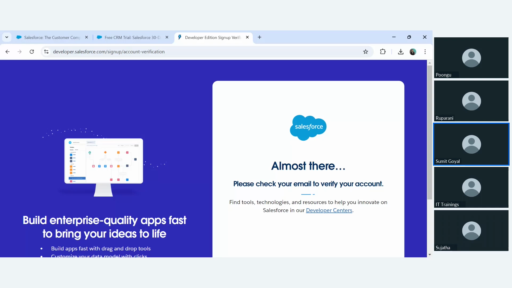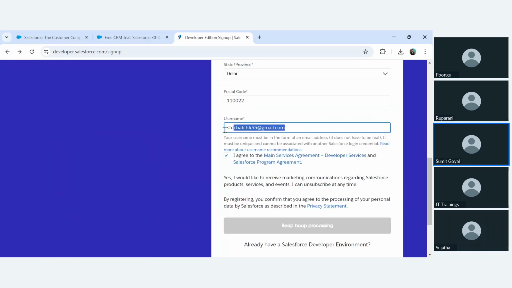And right now you saw that we only provided the email. We only mentioned the username. There is no option for password. Reason: once everything gets configured, once our platform is ready, we'll receive an email. And in that email, there's a link for verification. And once we verify that link,